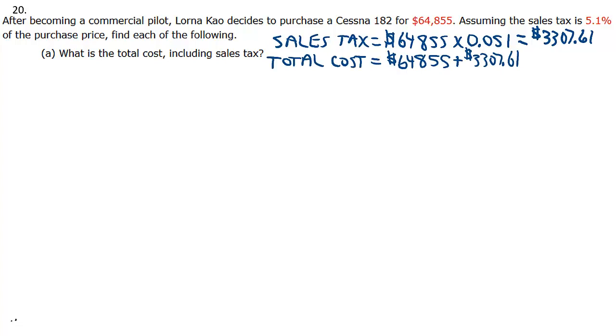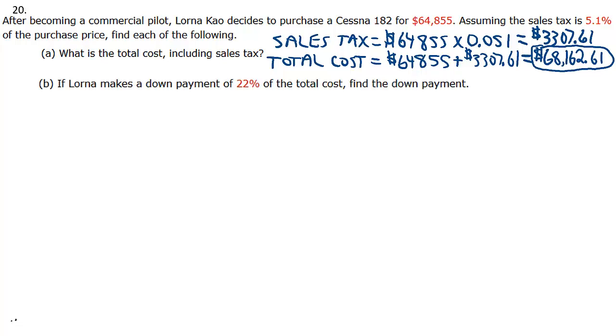So now that we've calculated the sales tax, we have to add it back on to the price of the Cessna. So the price of the Cessna after sales taxes will be $68,162.61. The B part says, if Lorna makes a down payment of 22% of the total cost being what we just calculated in Part A,